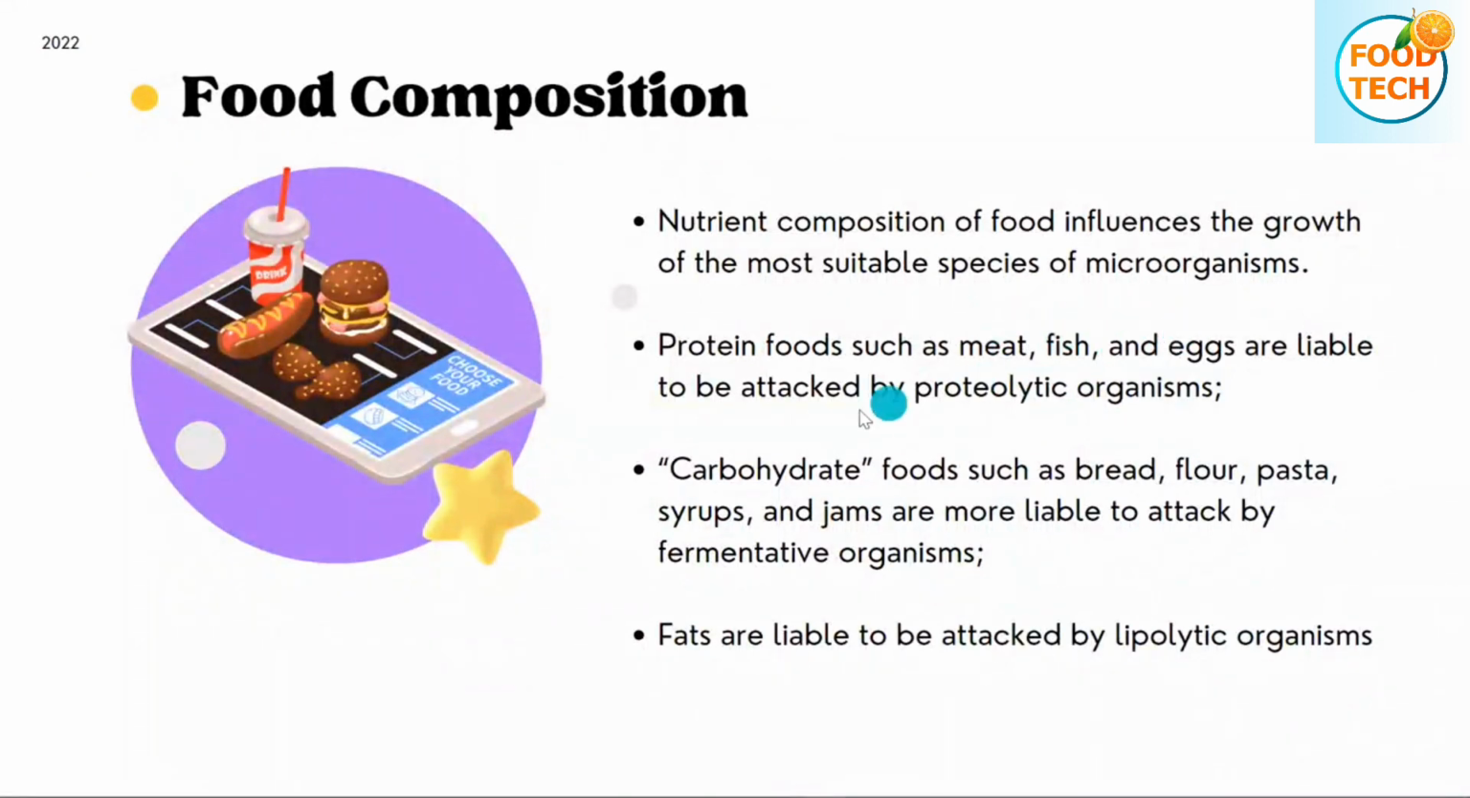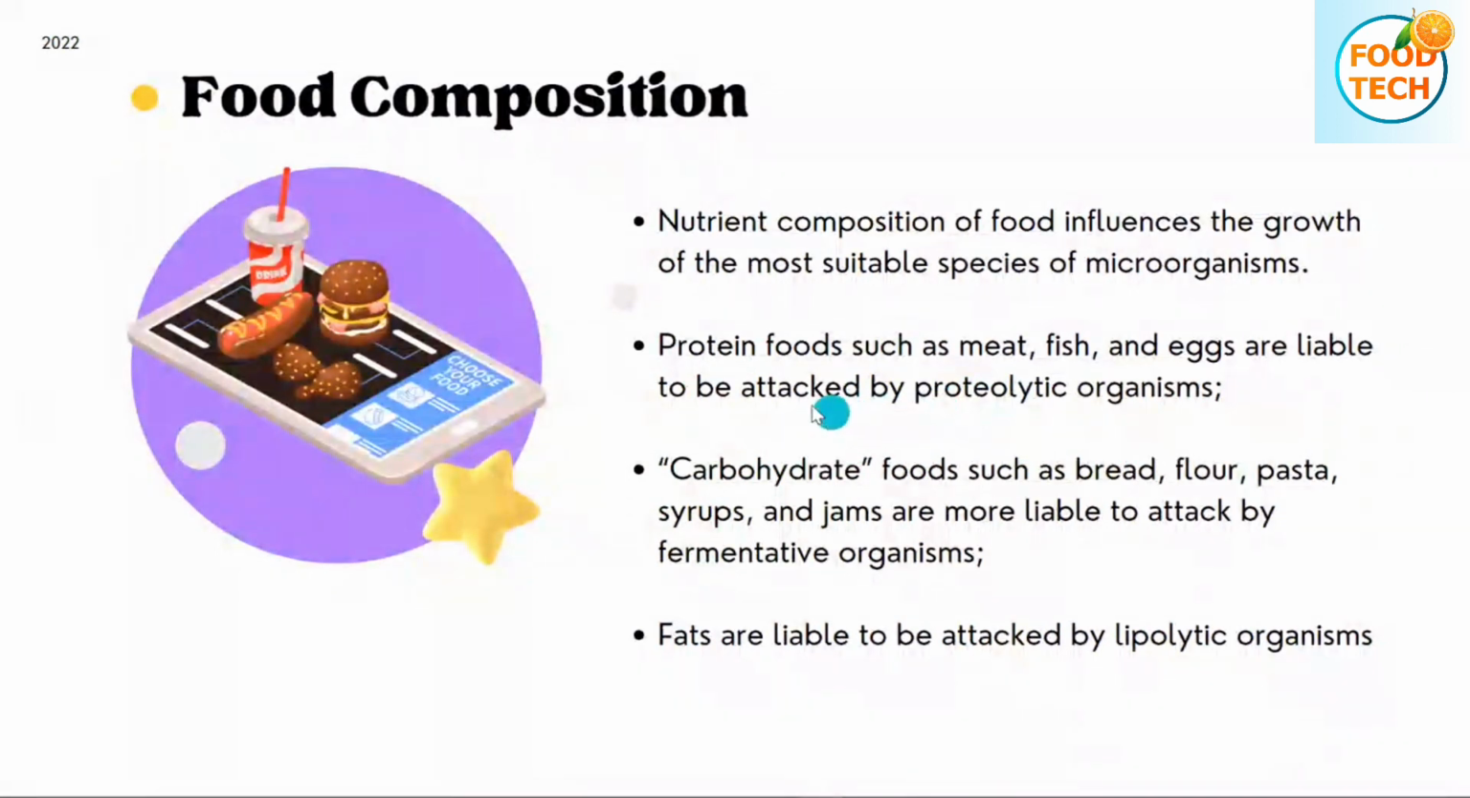meat, fish, and eggs. And when it comes to carbohydrates, carbohydrate foods such as bread, flour, pasta, syrup, and jams are more liable to attack by fermentative organisms. Carbohydrates are majorly sugars. Sugars are further broken down into smaller sugars so that they can be fermented, right? So the favorite food for fermentative organisms is carbohydrates like bread, flour, pasta, syrup, jams,